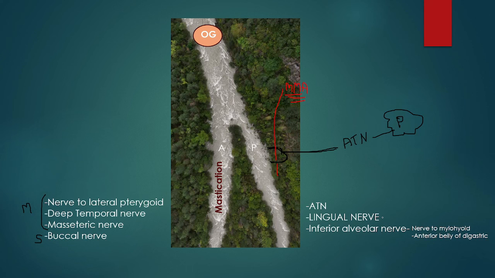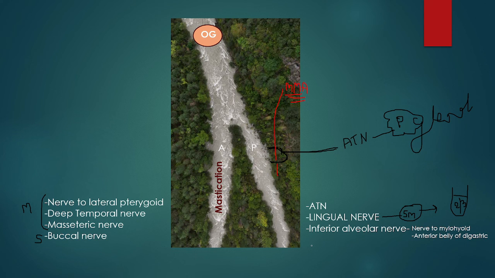Now next is the lingual nerve. Now this lingual nerve, first of all, relays onto a ganglion which is the submandibular ganglion. So just remember, previously we discussed this parotid gland. This is a gland, right? While this lingual nerve relays onto a submandibular ganglion and then it supplies the anterior two-thirds of the tongue.